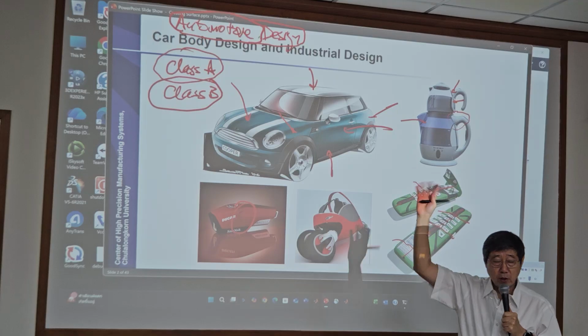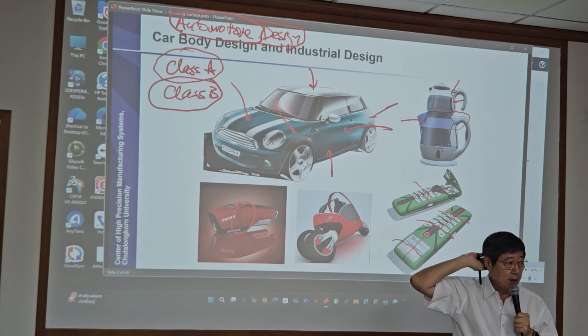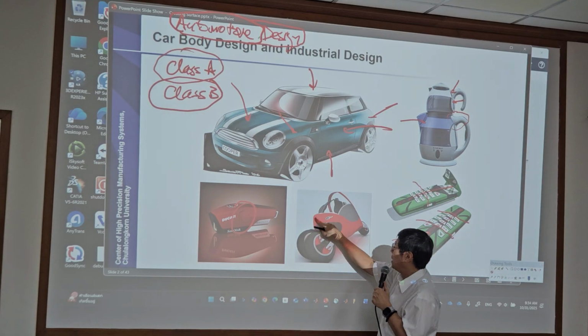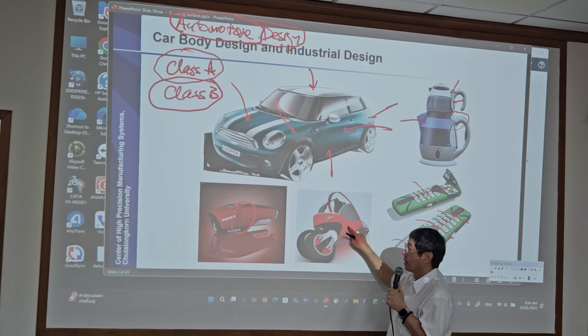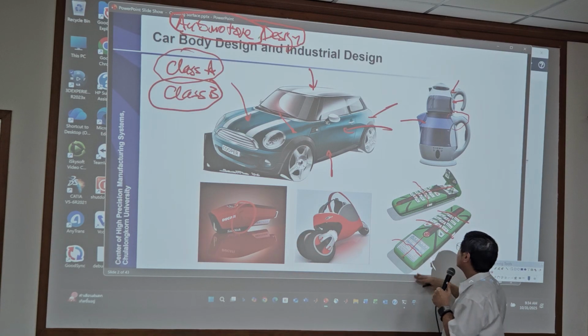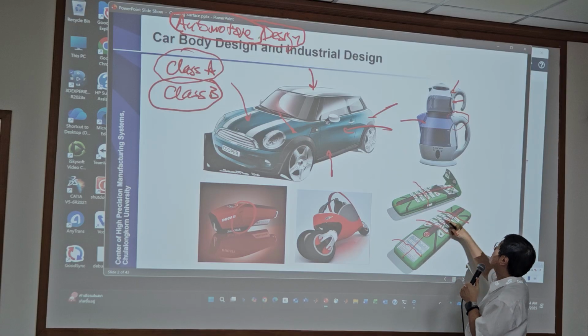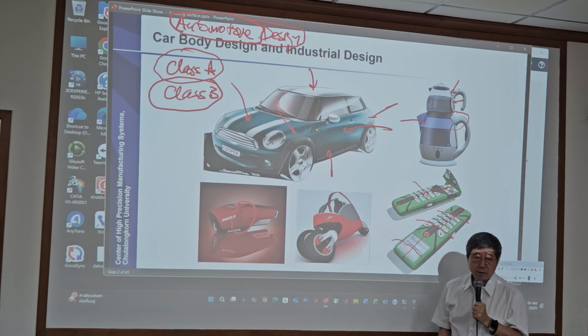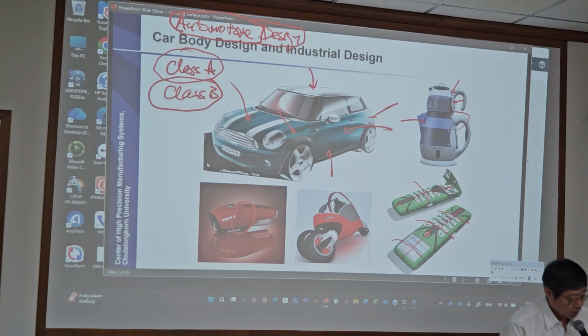But for basic, we're going to use this one. Okay, this one maybe we can use basic. This one no. Yeah, some of this. This one as well. Yeah, that one as well. Okay. So